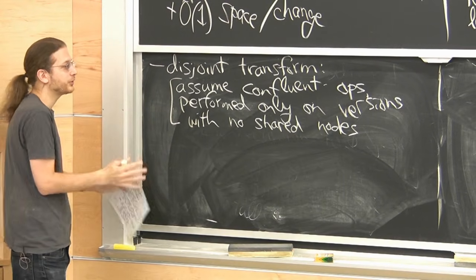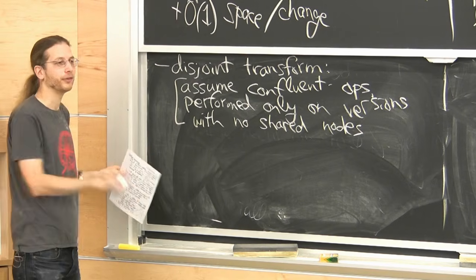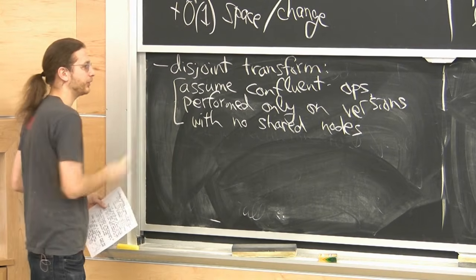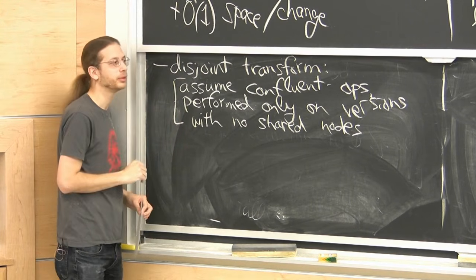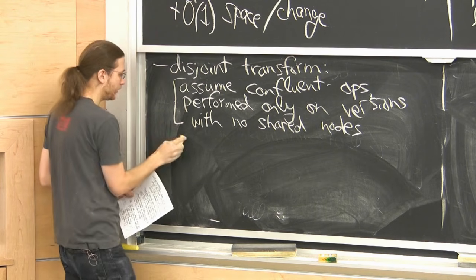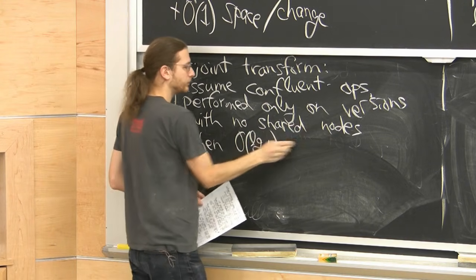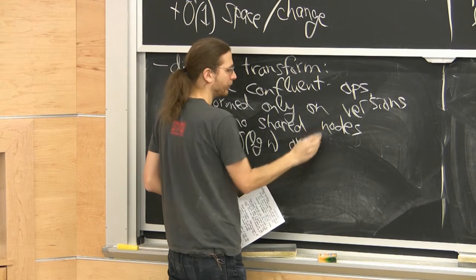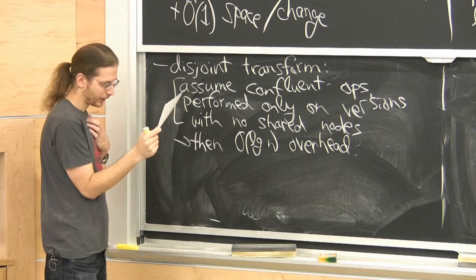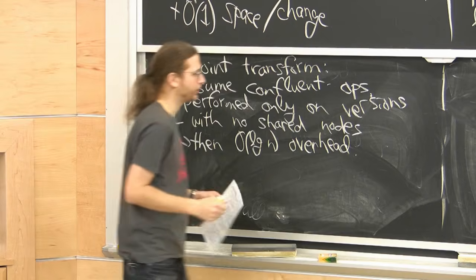If you try to, who knows what happens. Behavior is undefined. So it won't tell you, oh, those two versions have this node in common. You've got to make a second copy of it. So somehow you have to guarantee that confluent operations never overlap, but they can be reordered. Then you can get order log n overhead. N is the number of operations. I have a sketch of a proof of this, but not very much time to talk about it. All right, let me give you a quick picture.